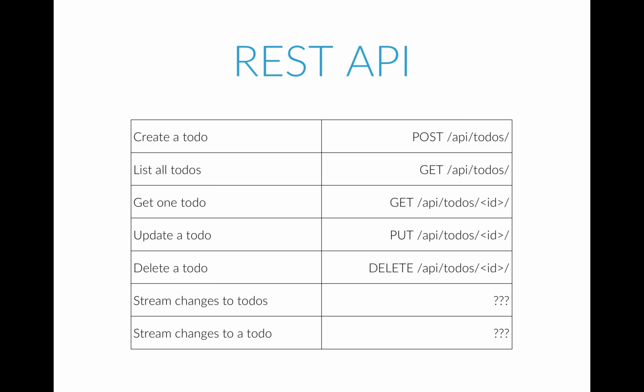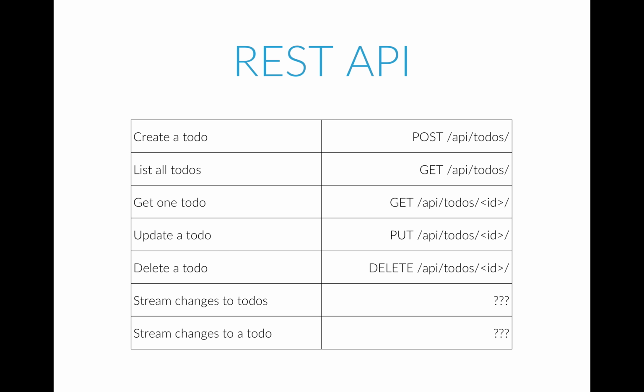If you want to create a new to-do item, post it to /api/todos. If you want to get the whole list, go to the same endpoint but do a GET method. If you're just looking at one to-do item, then get it at the same path but add the ID on the end. And if you want to update that item, use the same path with the ID but use the PUT method. Same for if you want to delete it, use the DELETE method. That's all pretty uncontroversial, I think,